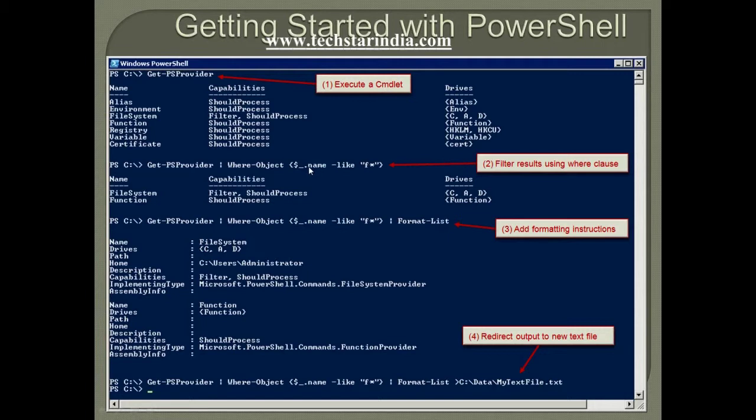Where $_ refers to the object returned by the first command, and .Name is the name property, with -like F*. I wanted to see the providers which start with F. You can see only two results here. That is how you can filter it out. You can add formatting also.